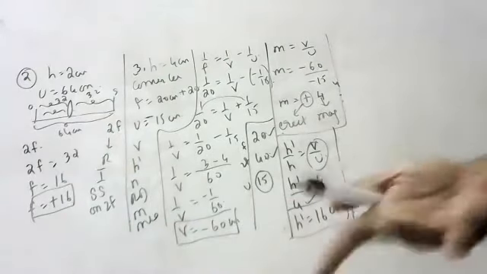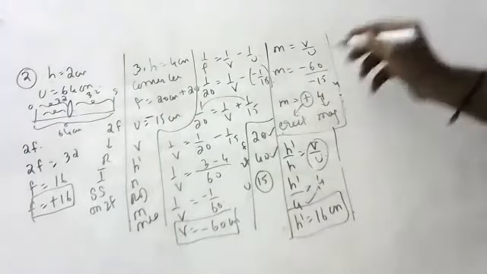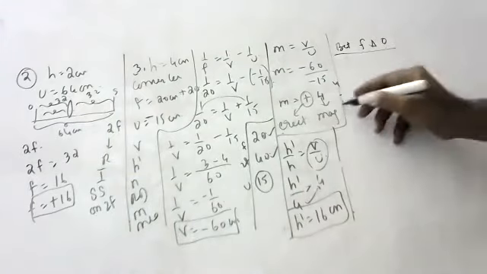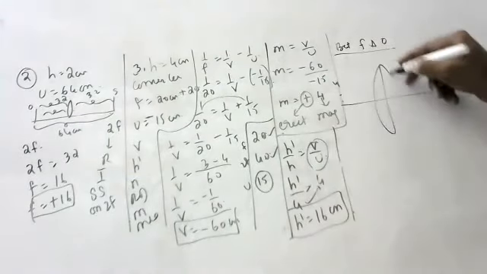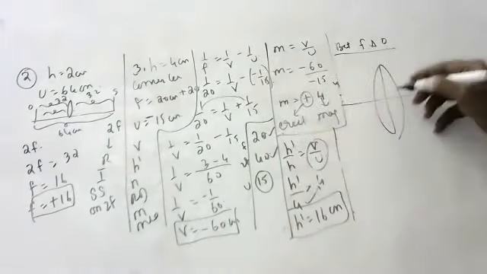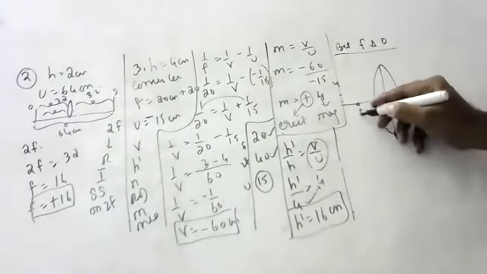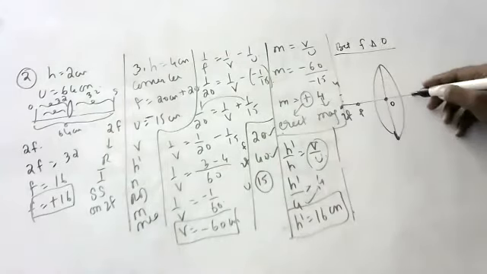Then where is 15? Between? It's before 20, sir. So before 20, it's between F and O. Yes, I did it wrong here. This is correct only; my ray diagram went wrong. That's why you should know ray diagrams. If you know ray diagrams, you will understand whether what we did is correct or not, children.